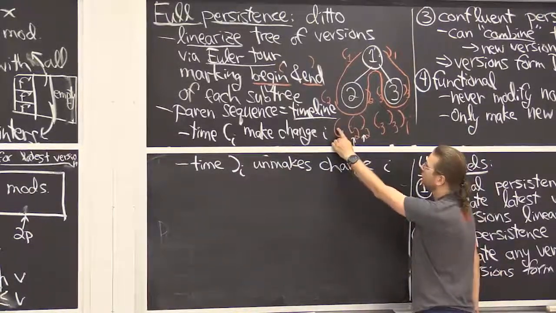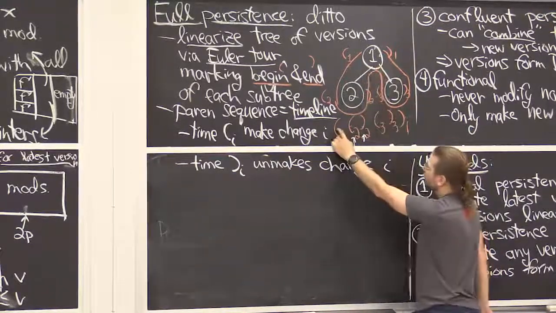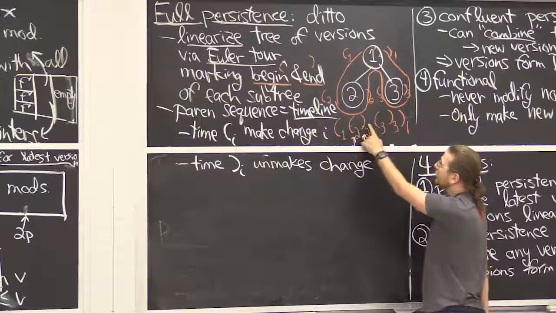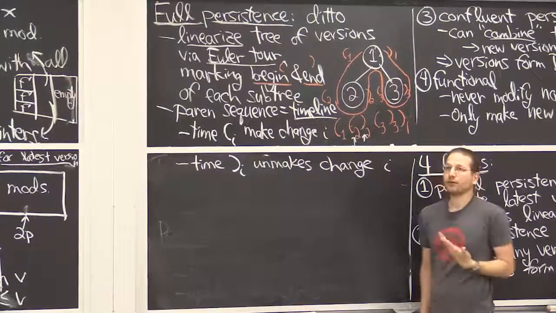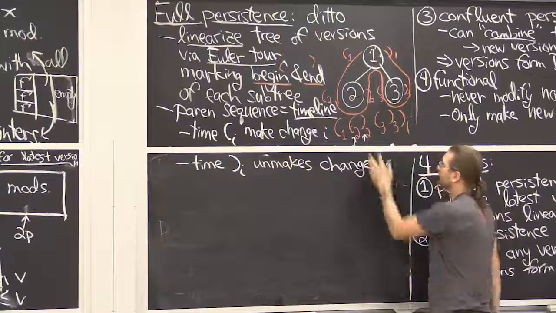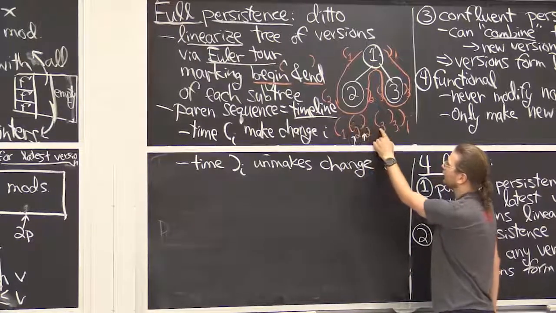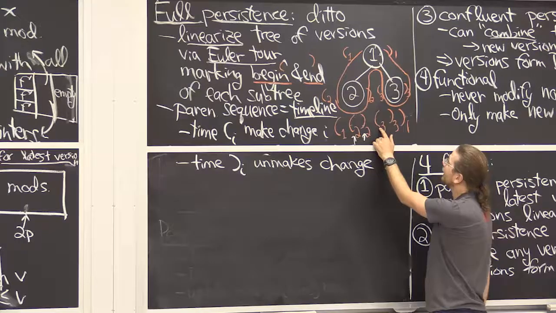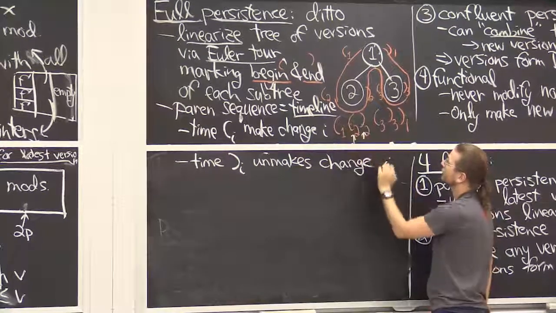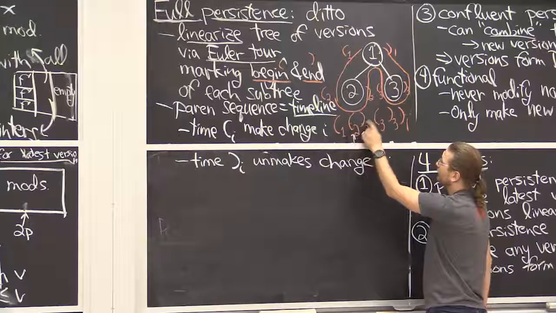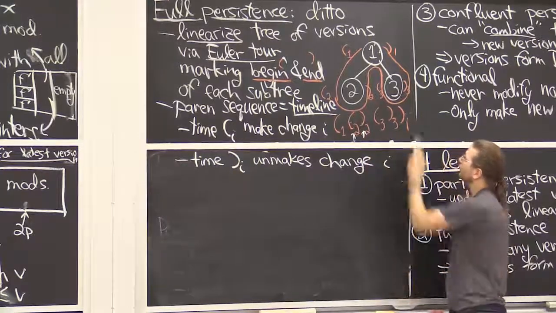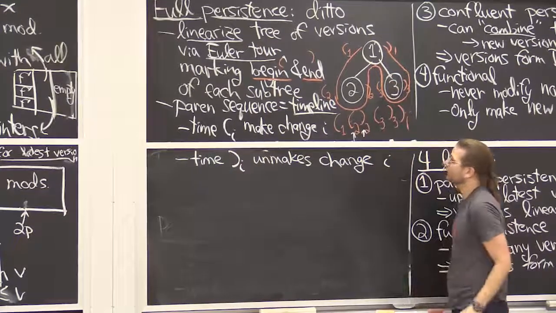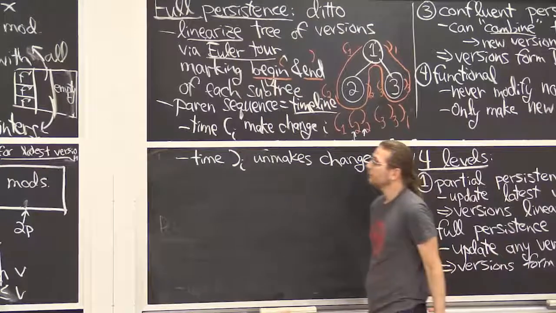Because all the changes in 1 were made, because it's an ancestor. All the changes in 2 were made and then immediately unmade. And so 2 is effectively a no-op here. And then the version that 3 modified was just version 1. So it had this change, and then this change undone. So same thing as being a direct descendant of 1. So just like before,